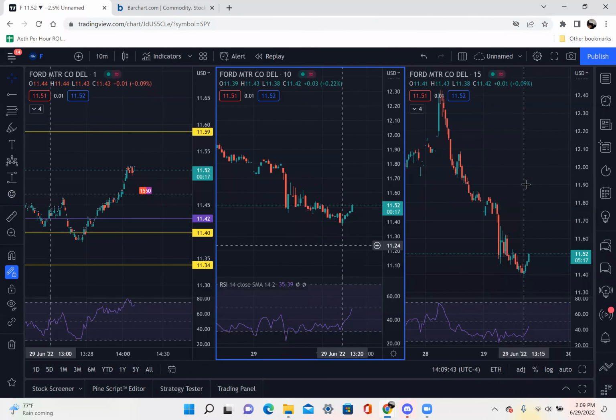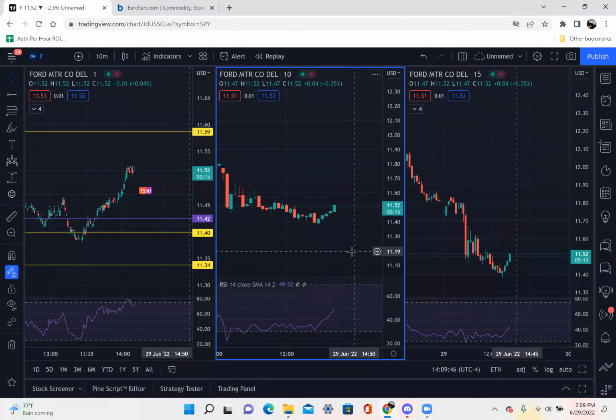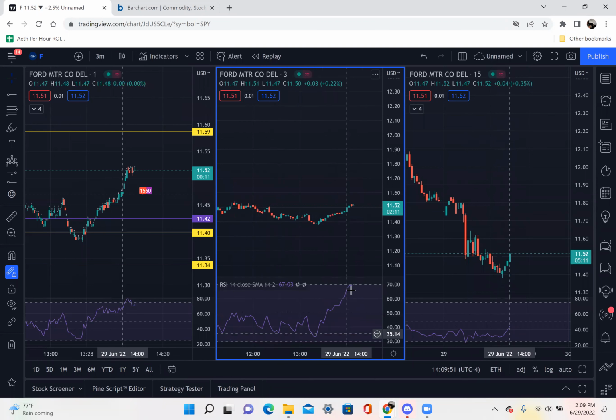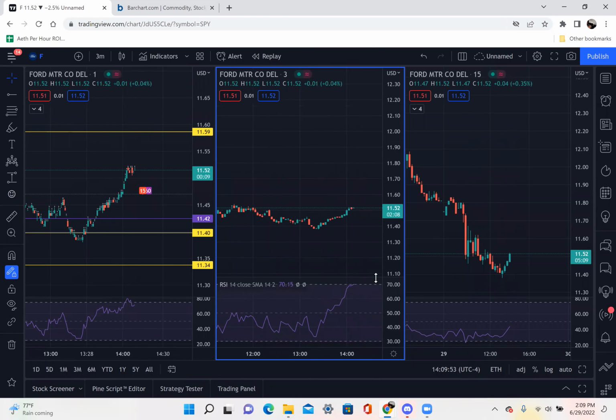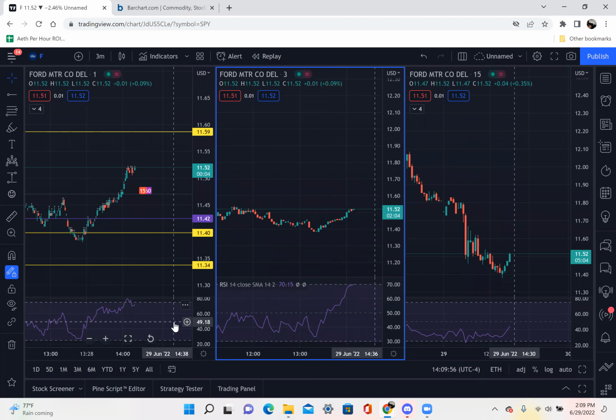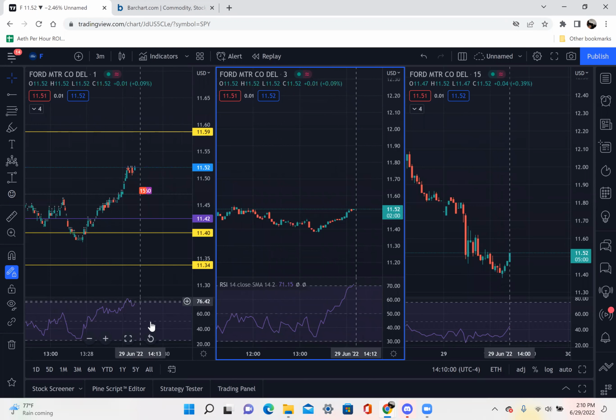10 testing, and then we got the 15 right there, right? And we can also just take a peek at the 3 minute, see what's going on at 3 minute. 3 minute oversold like crazy. So 1 minute oversold. Remember what I told you, you probably got like 5 whole minutes before this returns back down,